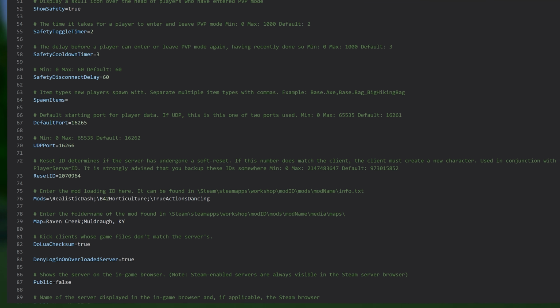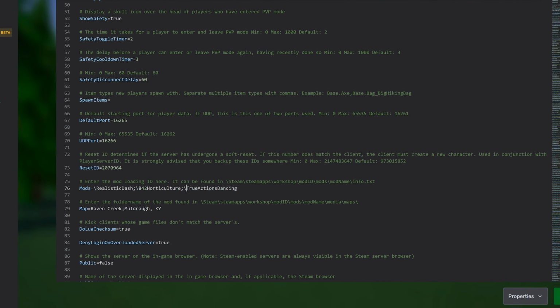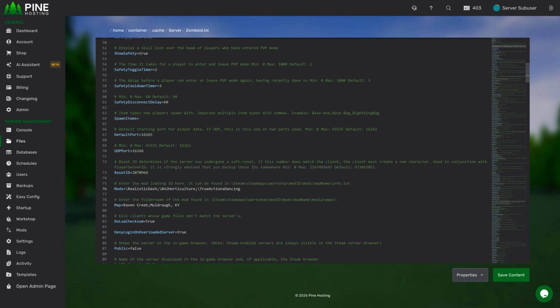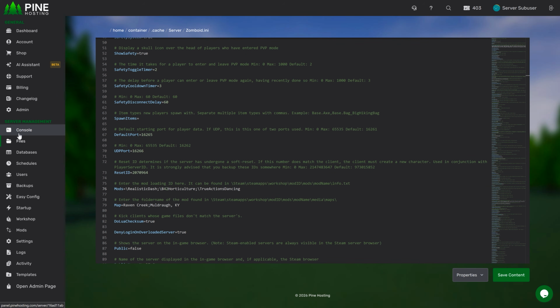Now in this line, if you had a mod that doesn't have a /, this is what it would be looking like. So in a case where you don't have that, just go ahead and click on the / on your keyboard and add it yourself. Just make sure to add it correctly so no syntax errors occur, which will cause the mod to not work in the end. When you're done, click on Save Content here, and then finally head back over to your console